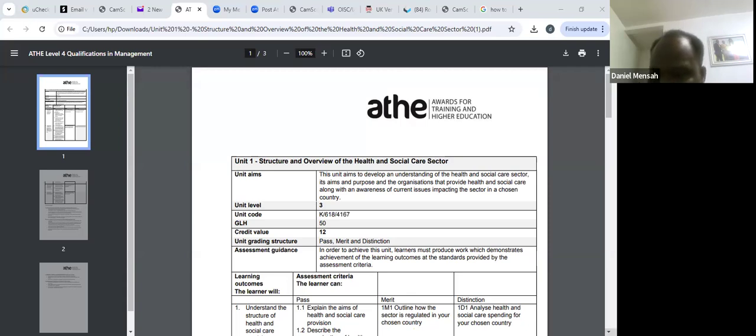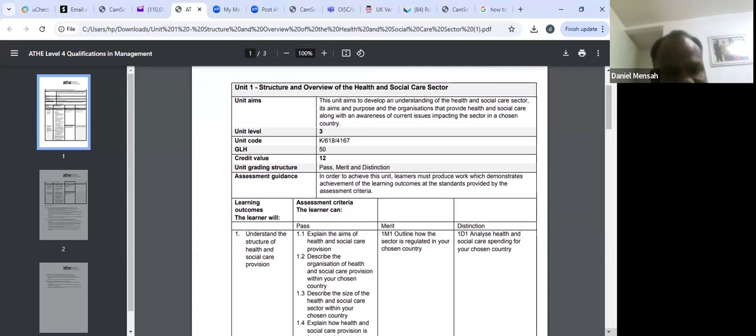Okay, so the course structure comes in a credit value, which may be a pass, merit or a distinction. And what we seek to achieve is to sort of